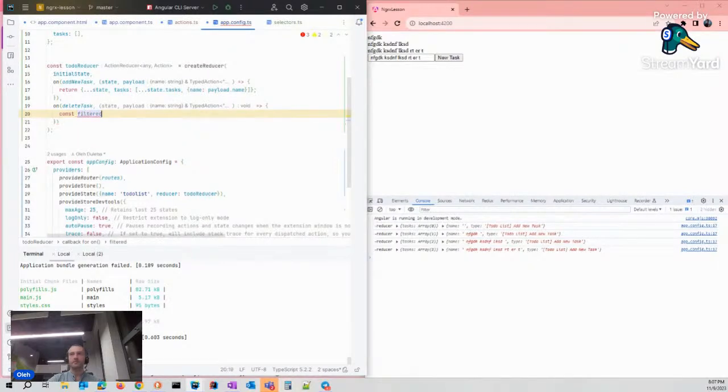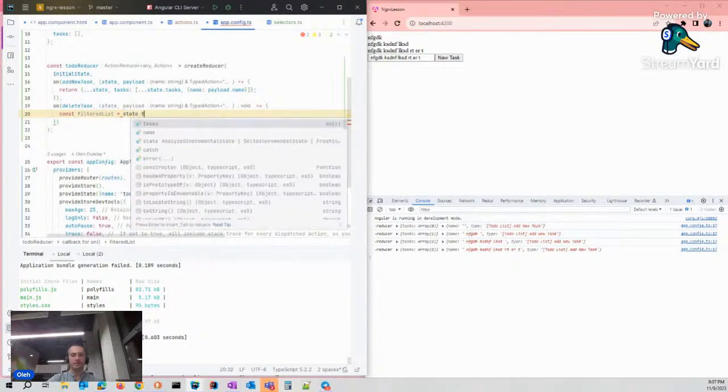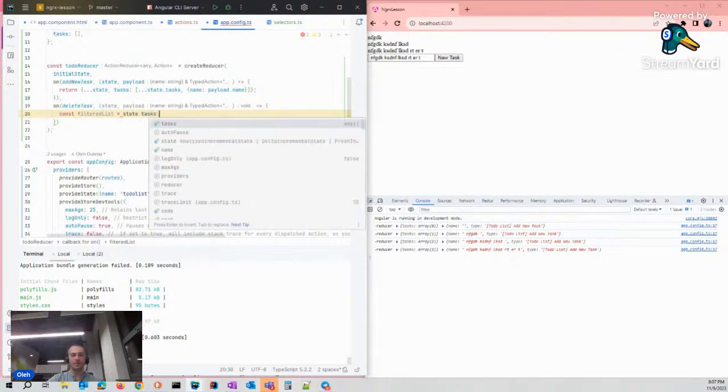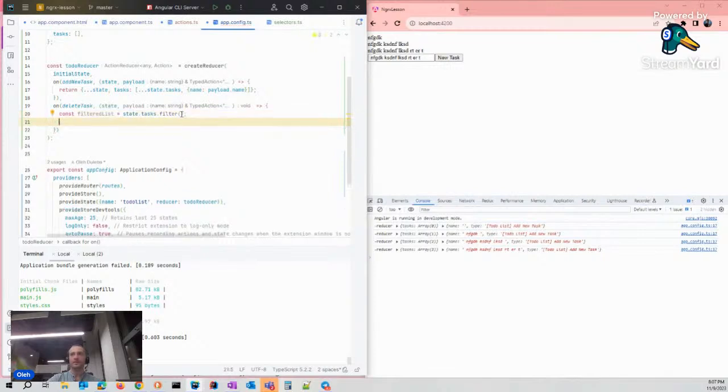Filtered list, state tasks, and filter this list to get rid of the task with the passed name.